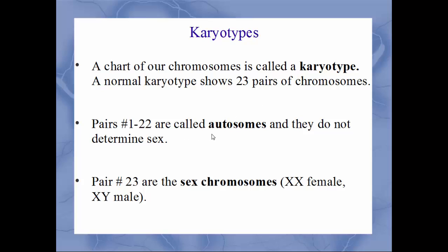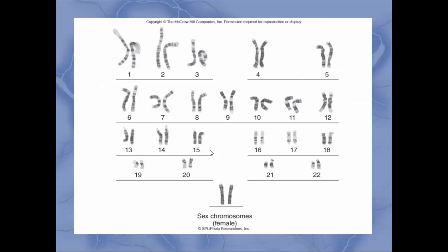They do not determine your sex at all, but the last pair does. Pair number 23 are the sex chromosomes, either XX for female or XY for male. Here's how a typical karyotype looks. Each one has a pair. Remember, these are normal ones at first. So 2, all the way down. These are even numbered to make it easy. The first 22 pairs are the